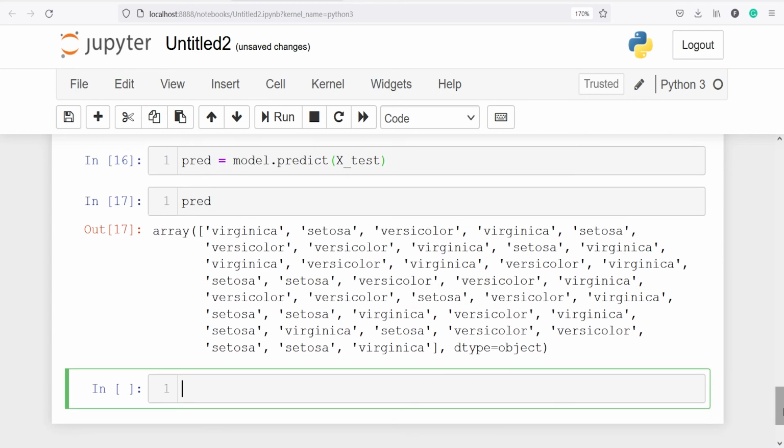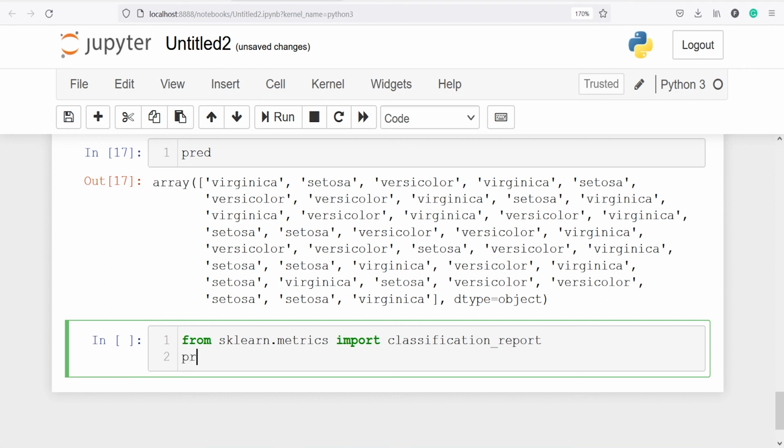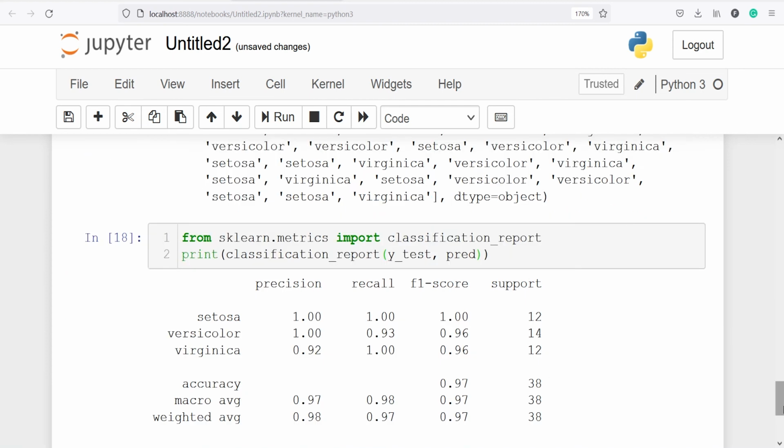Next we are going to evaluate the performance of our model, and for that we are going to print the classification report and the accuracy score from sklearn.metrics import classification_report. Now I'm going to print this classification report, so I will type print classification_report, and in this I will pass Y_test and predicted values which is saved in the variable pred, and this is our classification report.